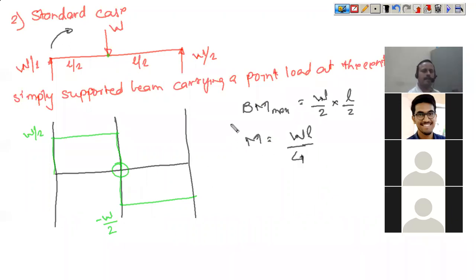So this is the standard relationship for a simply supported beam carrying a point load at the center. A simply supported beam carrying a single load, that too a point load, and that too at the center of the beam. Then only it is applicable. If the situations are changed, then you need to calculate it again. Means you need to draw the shear force diagram, bending moment diagram, then only you get one value, that is M.